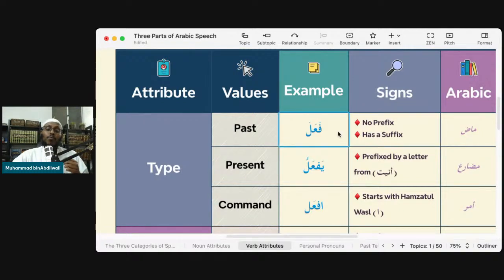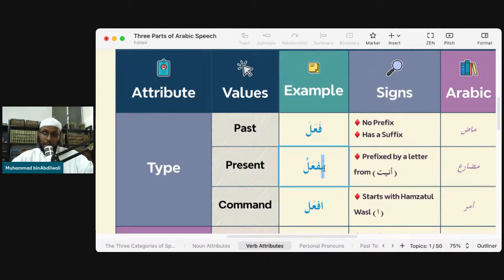more importantly, we have created or derived yaf'alu from the past tense. So we always start with the past tense. The past tense is normally going to be fewer letters, and we derive the present tense from the past tense, from this particular verb itself, fa'ala. We can take this and do everything with it. This is the base. This is what they call the root verb. So what we did is we added a ya at the beginning. That made it present tense. That's the difference between fa'ala and yaf'alu.